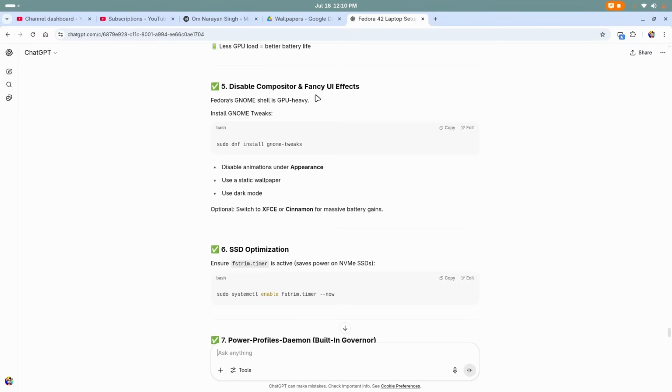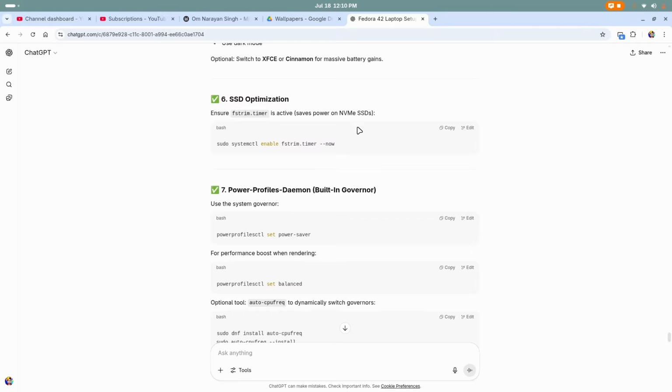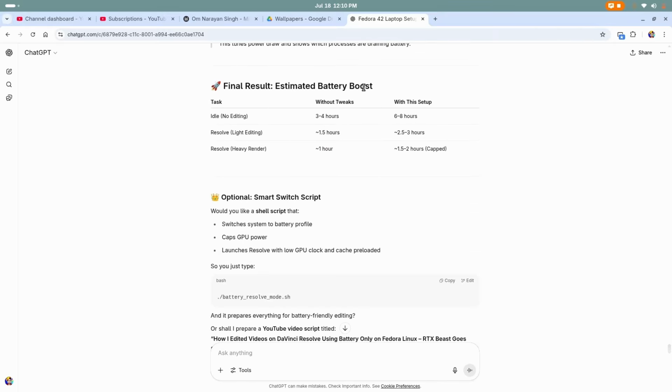And then we can disable composite and fancy UI effects, and then SSD optimizations and the power profiles, other stuff. And it has an estimation of battery boost. For example, without tweaks, I would get 3 to 4 hours, but with this setup, I'll get 6 to 8 hours, double. And when I'm editing, like for example, heavy or light editing, then I will get approximately double the